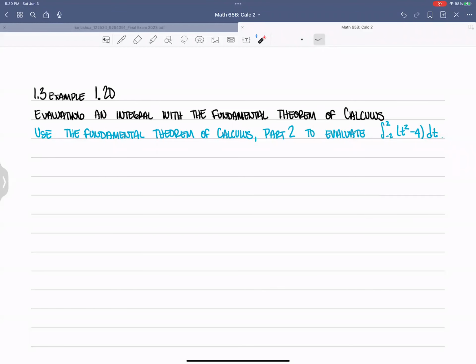Section 1.3, example 20. Evaluating an integral with the fundamental theorem of calculus. Use the fundamental theorem of calculus part 2 to evaluate this integral. So much fun. All right, so part 2, let's just